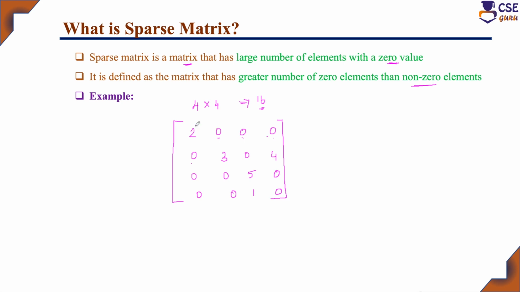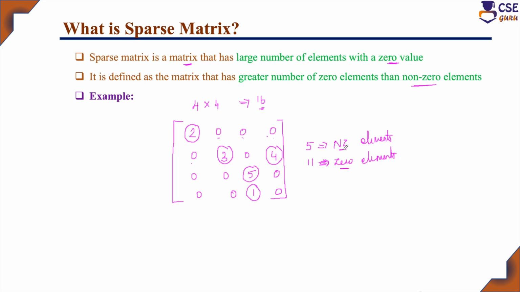Out of 16 elements, this is a non-zero element, this is non-zero, this is non-zero, this one and this one are non-zero elements. So totally only 5 elements are non-zero. The remaining 11 elements are all zero elements. So any matrix which consists of more zero elements compared to non-zero elements is called a